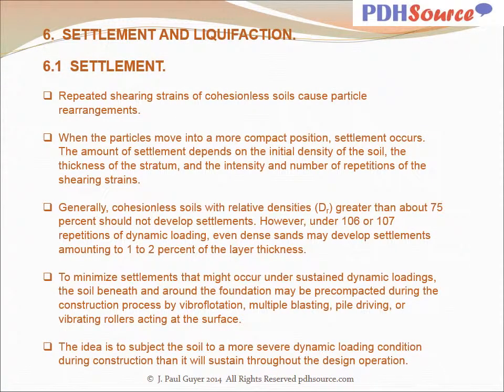Repeated shearing strains of cohesionless soils cause particle rearrangements. When the particles move into a more compact position, settlement occurs. The amount of settlement depends on the initial density of the soil, the thickness of the stratum, and the intensity and number of repetitions of the shearing strains. Generally, cohesionless soils with relative densities greater than about 75% should not develop settlements. However, under 10^6 or 10^7 repetitions of dynamic loading, even dense sands may develop settlements amounting to 1 to 2%